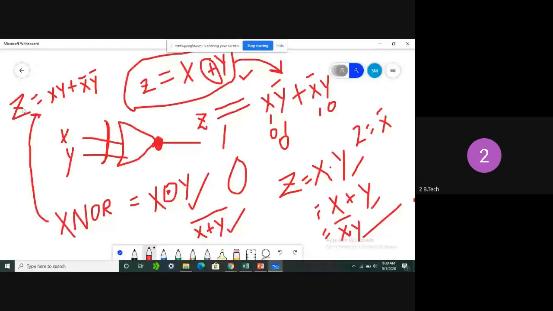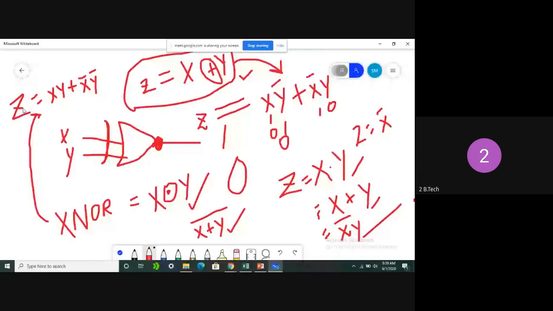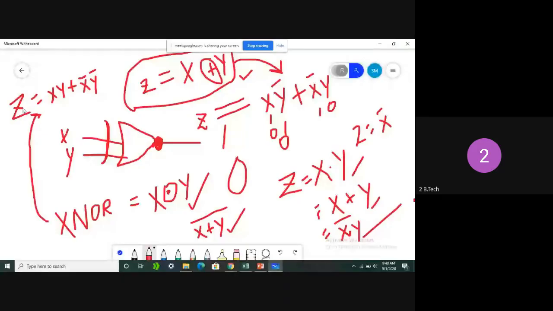Clearly write running notes of what I am dictating. NAND gates and NOR gates are called universal gates. Why are they called universal gates? If you take the fundamental gates, and if you take special purpose gates like exclusive OR, or any gate, those gates can be constructed with the help of NAND and NOR. Even the NOT gate can be constructed with the NAND gate. Even the AND gate and other fundamental gates can be constructed with the help of NAND gates.